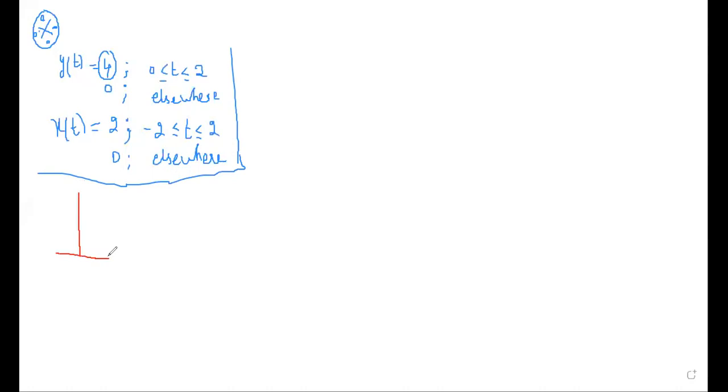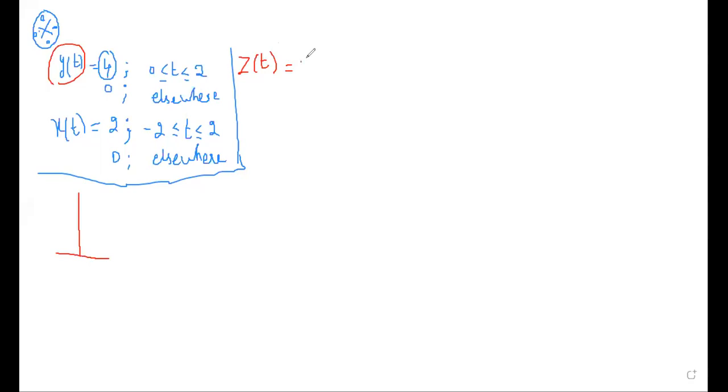And you can ask me a question, ma'am, y of t is the output always, but here in the question itself they have given y of t. Please don't get confused. The question they have said obtain the convolution. So since y of t is there in the question directly, I will take the new variable to represent my output. Okay. So I'm taking z as the output variable.